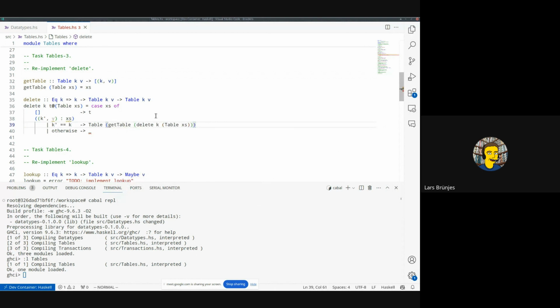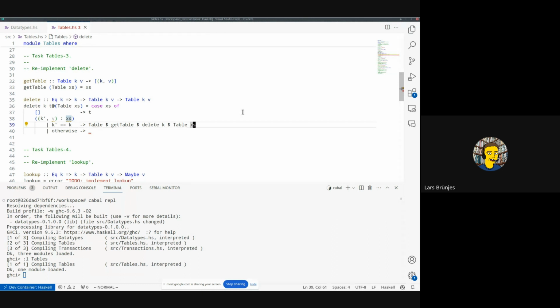Okay, and now that compiles. And that's a bit, I mean, lots of parentheses. So I would use dollars wherever I can. So let's go from inside out. So I can use dollar there, and I can use dollar there, and I even can use a dollar here. So now it doesn't look that bad anymore. So that's probably the best